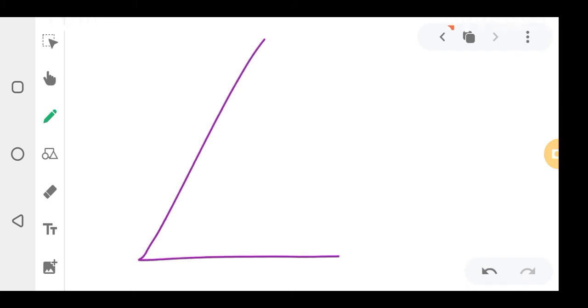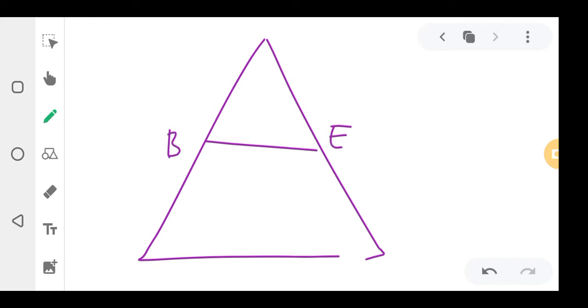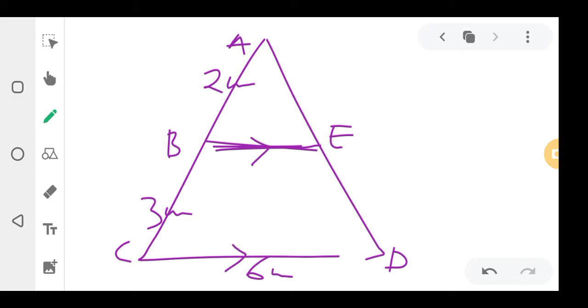So for example, if they give you a question like the one I'm bringing here, they can say this one is B, this one is E. So it's A here, B, C, D. And then here they can say 2, 3, and here they put 6. This is in centimeters. Here it's 3 centimeters, here it's 2 centimeters. This line here is parallel to this one. They can ask you to find